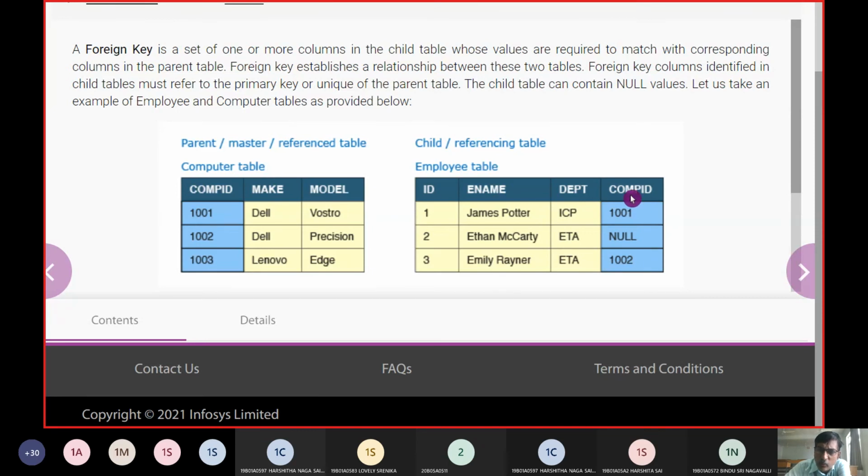Now we need to see whether whatever field is defined exists in the other table or not, and we mention that. Coming to the relationship, we have a parent and child table relationship, and via the reference between computer ID and computer ID, shown in the blue part, we link these two items. The child table can contain null values, etc. So we set up the foreign key to establish a relationship between two tables.